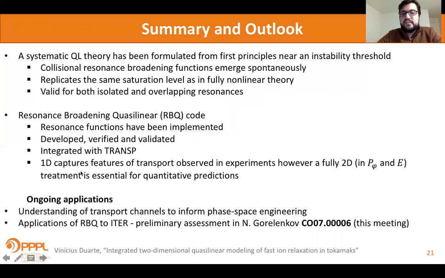What we realize is that the 1D case, in which diffusion is only along P phi, although it does capture some features of the transport observed in experiment, we need to go to fully 2D in energy and P phi to really make any quantitative prediction or interpretation. The ongoing applications are, we're trying to explore and understand possible transport channels to hopefully inform some phase space engineering. And there are ongoing applications of the RBQ code to ITER,